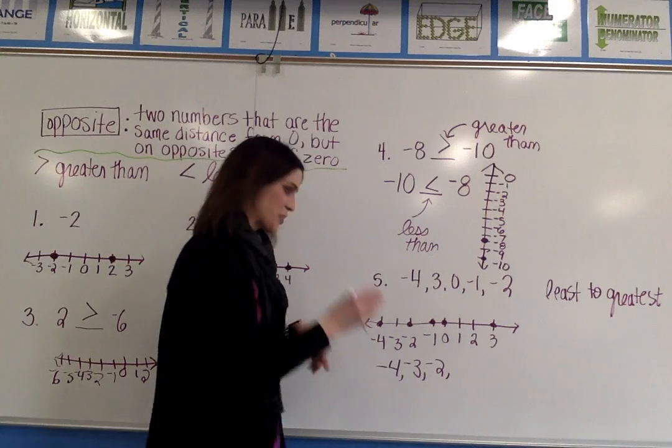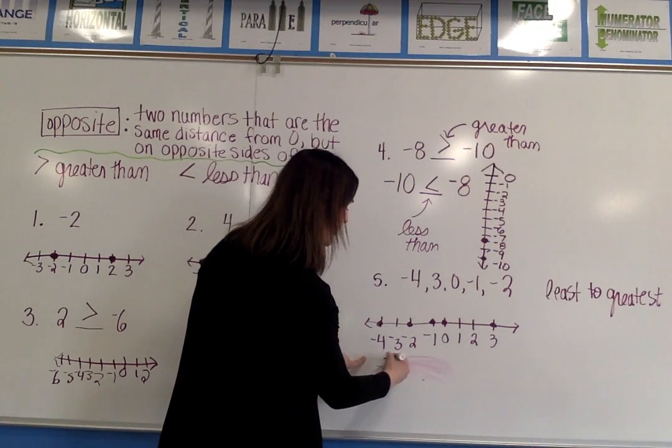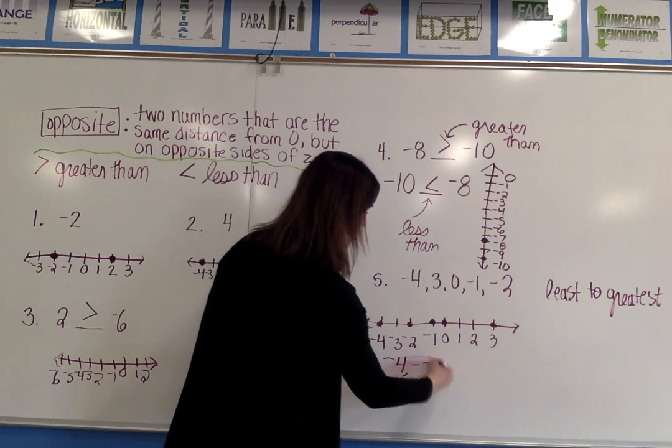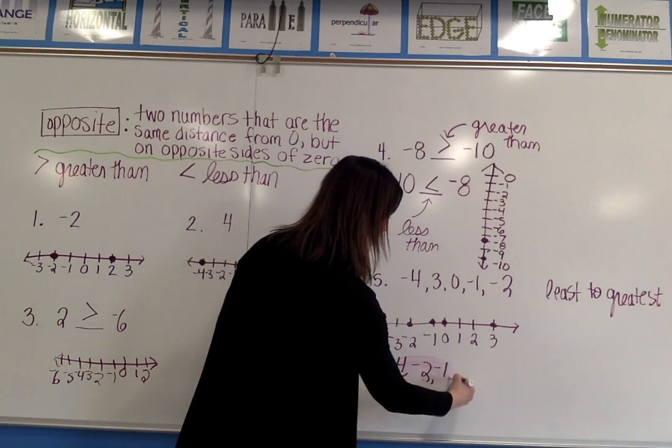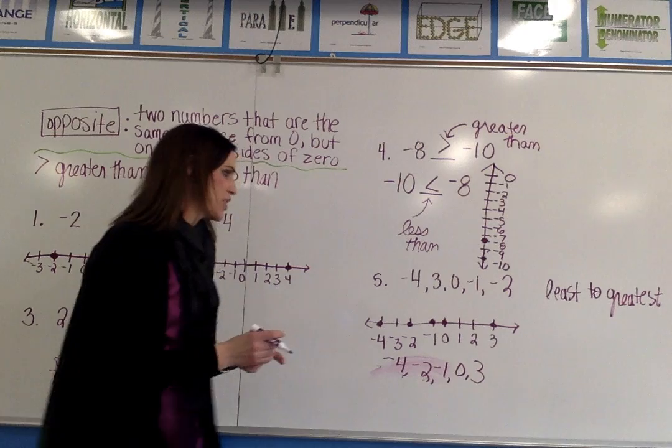Oh, I'm sorry, I'm only doing the plots I pointed. I made a mistake there. We'll go back. -4, -2, -1, 0, and 3. So those are your numbers in order from least to